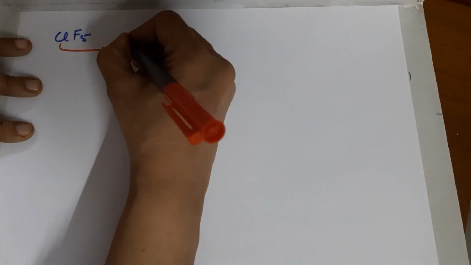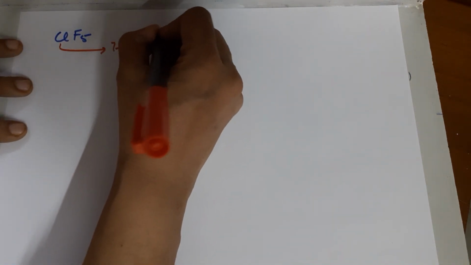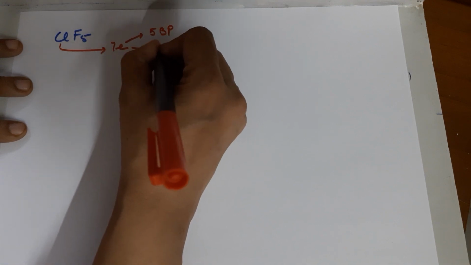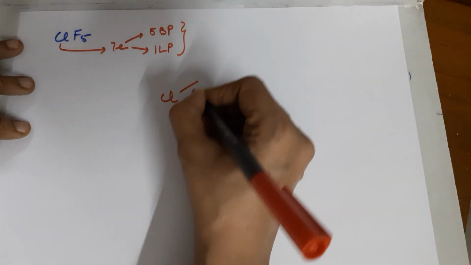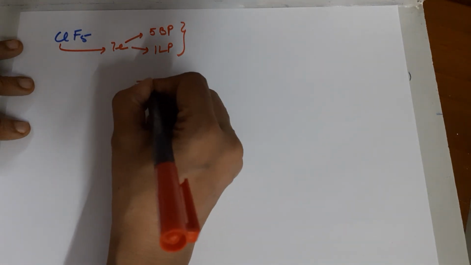Is that fine? Let me take the second example, ClF5. This is your central atom. It has 7 electrons, out of which you have used 5, so 5 are bond pairs. You have not used 2, so 1 is a lone pair. So the total is 6. So the geometry of the 6 positions is always octahedral,